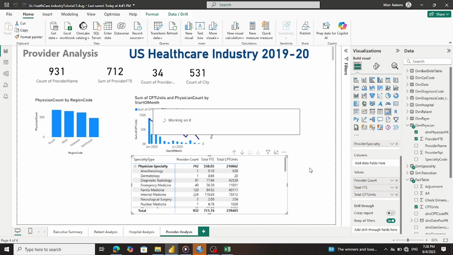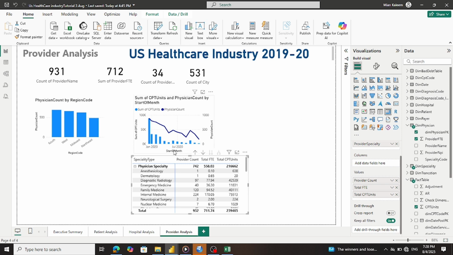Okay, so we have this table complete also. So we have provider count, total FTE, and so on. Let's now look at the